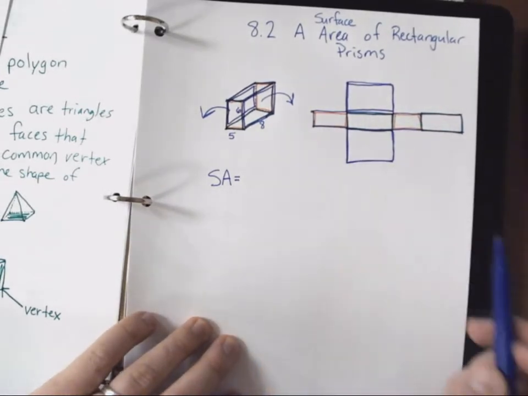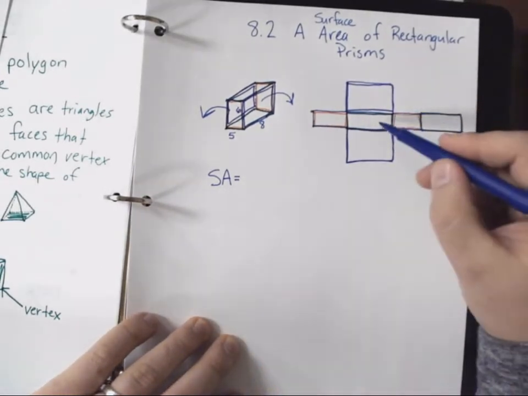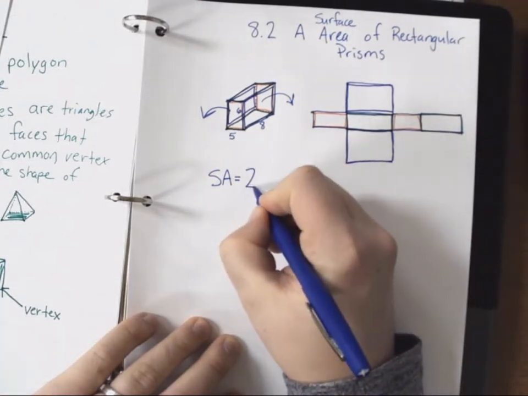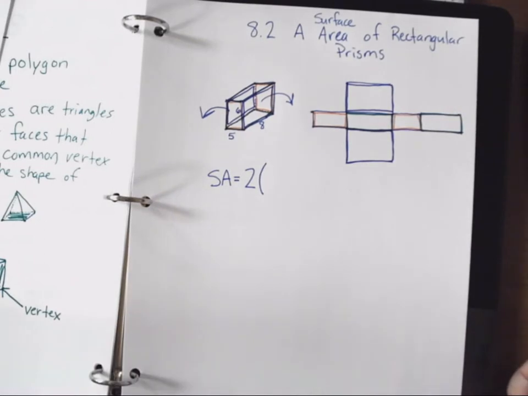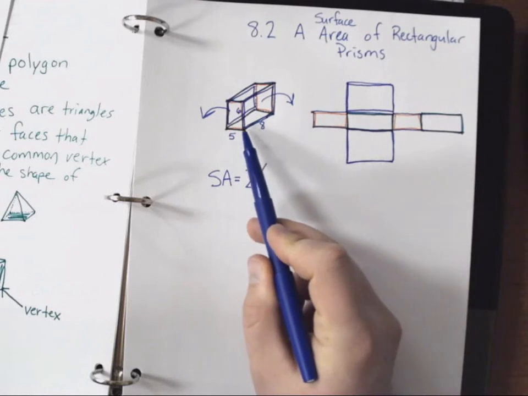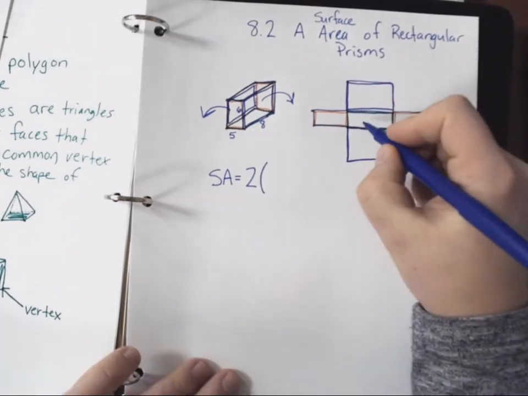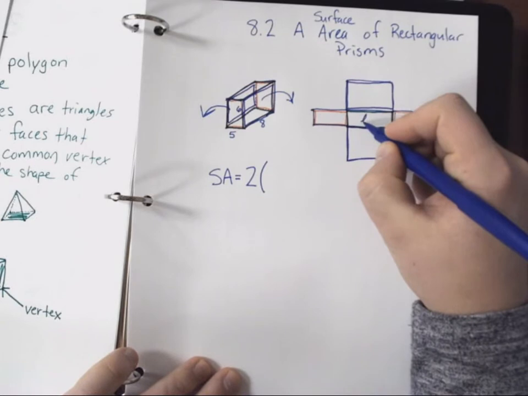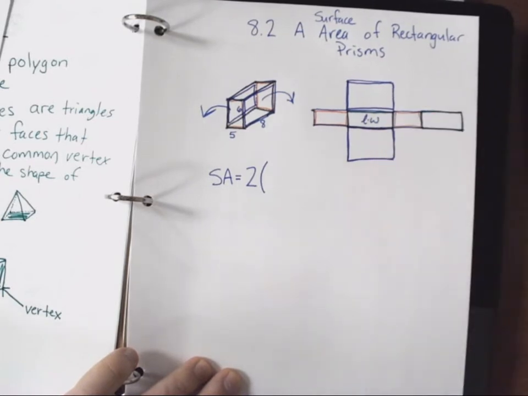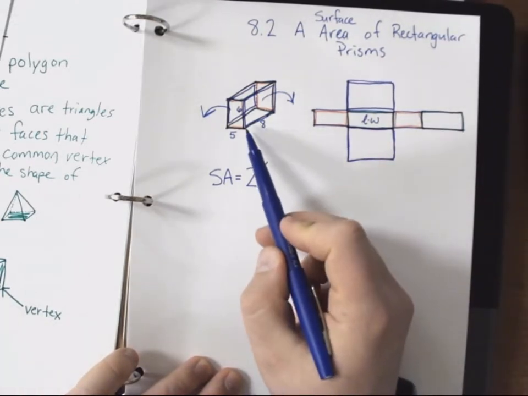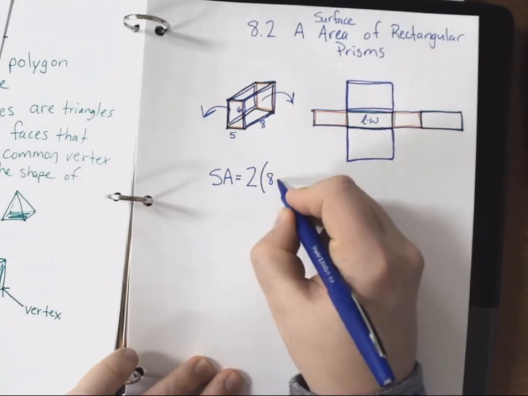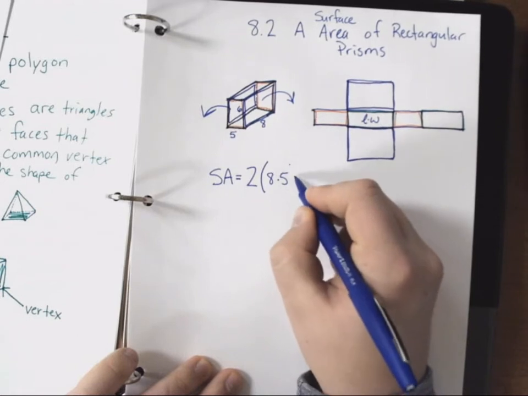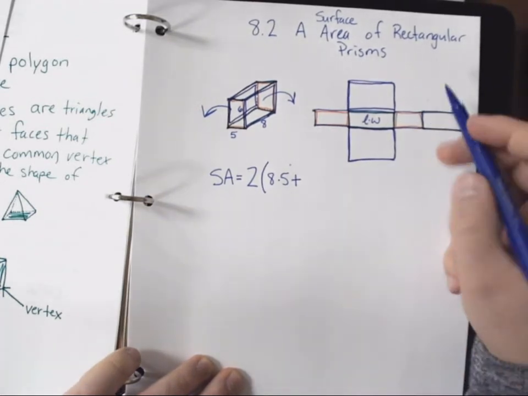okay, because there are two of each of these sides, we are going to say first 2 times, then in parentheses, we're going to have the area formula for each of our shapes. Okay, so first we're going to have our base, this one right here, which is going to be our length times width, because these are all rectangles. So length times width, so we get 8 times 5 plus,